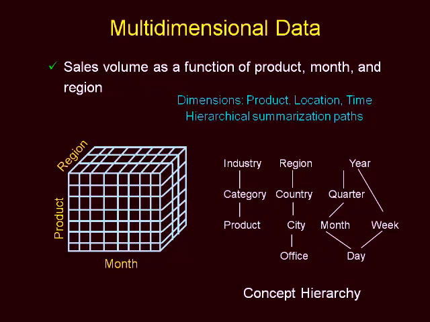Day-wise data can also be represented as a collection of days as a week and a collection of weeks as a year. Similarly, office, city, country, region is another hierarchy for the region dimension, which is nothing but the location dimension here. Product, category, industry is another kind of hierarchy for the product dimension. The purpose of using hierarchy in OLAP is to provide a better navigation facility for the decision maker. He can navigate with respect to the hierarchical points, which are considered as footprints here.